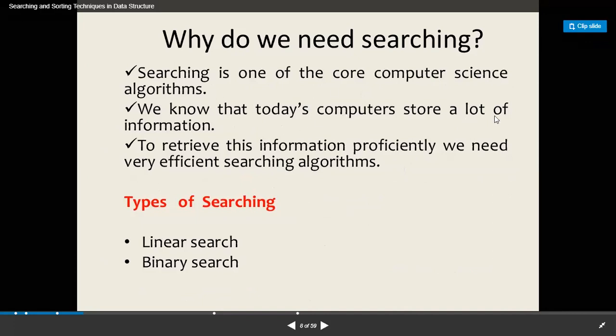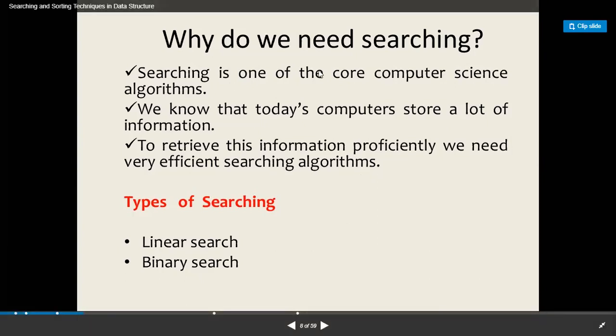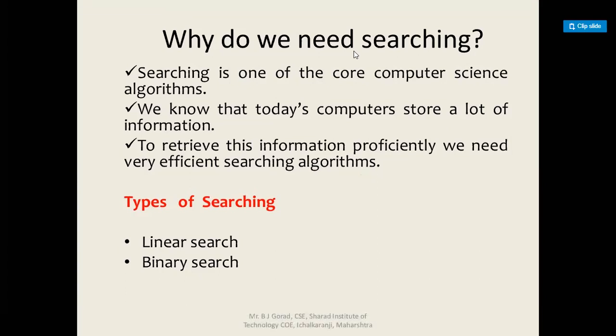We know that today's computer science stores a lot of information, and we have to retrieve that information efficiently. We need very, very efficient searching algorithms. The world's top company, Google, is actually at the top because they are sitting on a very, very optimized searching algorithm. We can all agree, right? Previously, Google had many other competitors like Yahoo, then we have Bing Search, and then some like DuckDuckGo, Safari, and so on. They are also very powerful searching algorithms, but Google will provide you with the fastest result and also the most optimized results.